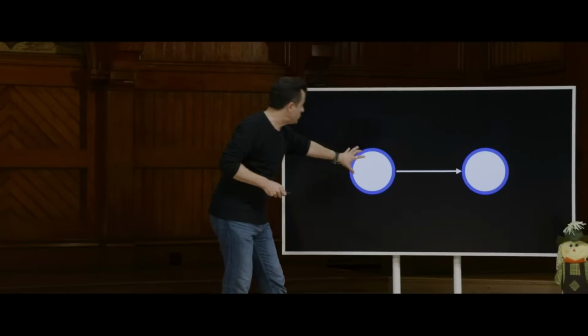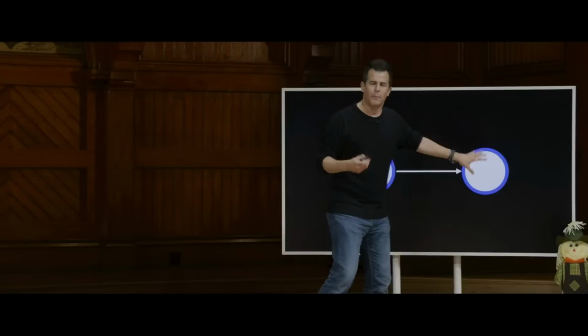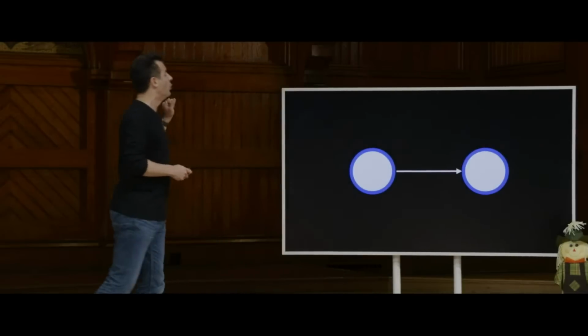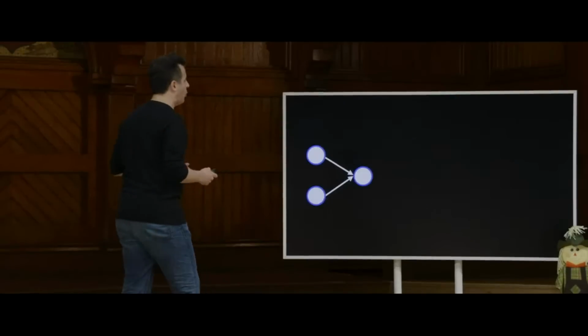So let me abstract away the more biological diagrams with just circles that represent nodes, or neurons in this case. This would be, we'd call in CS50, the input. This is what we would call the output. But this is a very simplistic, very simple neural network. This might be more common, whereby the network, the AI, takes two inputs to a problem and tries to give you one solution.